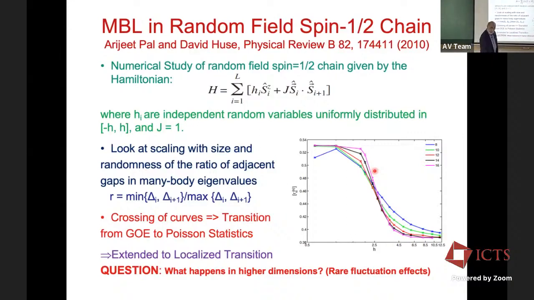But I should mention that these eigenvalue spacings are not eigenvalues at the bottom of the band. They're eigenvalues in the middle of the band. So this is not a 0 temperature transition. This is actually an infinite temperature transition. You're basically trying to figure out whether the statistics behaves like a localized system all over its spectrum, or does it not? So that is another point that needs to be emphasized when studying many-body localization.